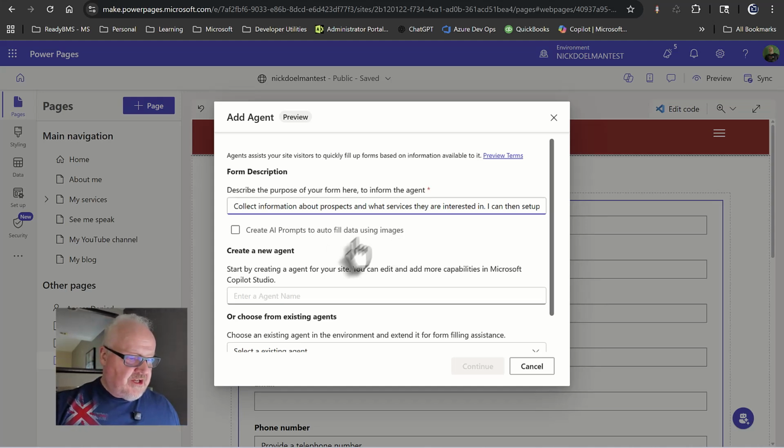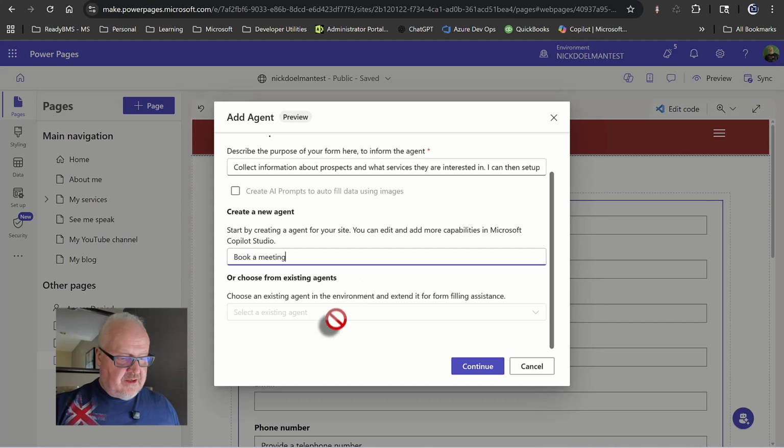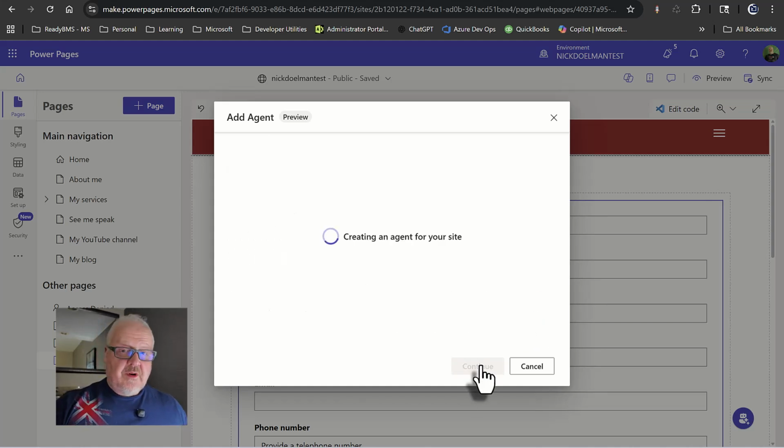From here, I'm going to create a new agent. I'm going to call this book a call, book a meeting, or I could choose from any existing agents that I've set up earlier. It doesn't look like I have any. I'm just going to hit continue. And what this is going to do is begin to create the agent for the site. Now this is going to take a couple minutes as it creates this agent,